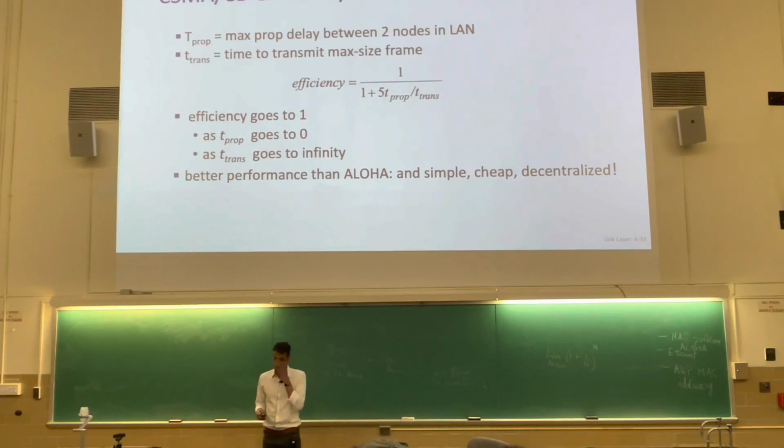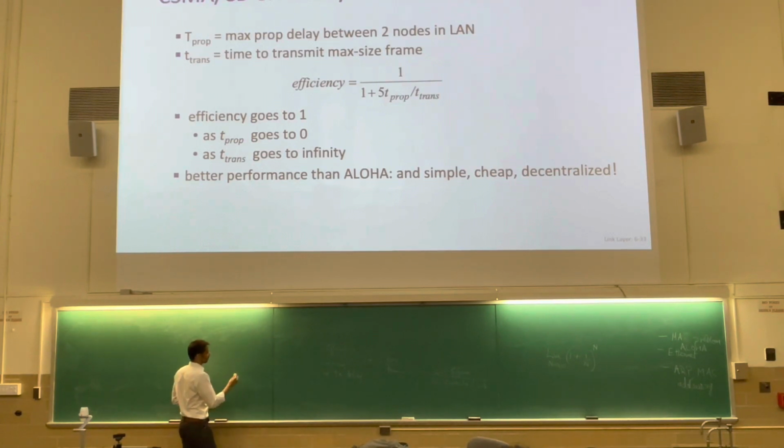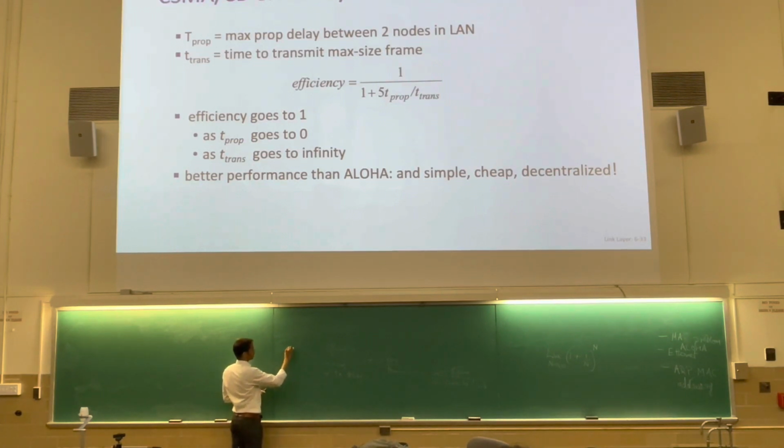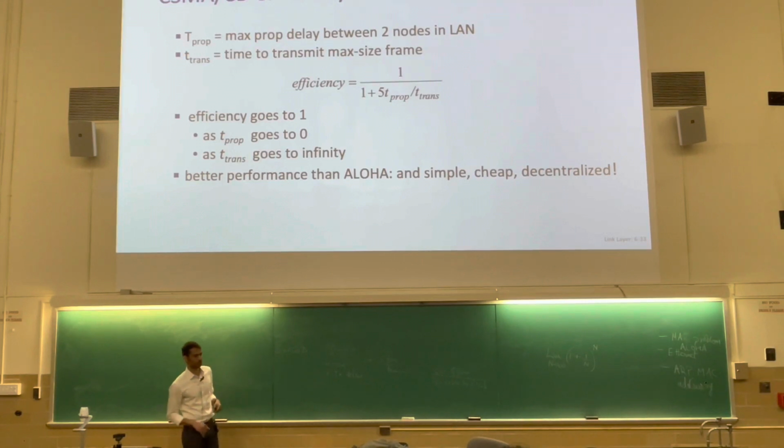All right, so the next question is, Aloha we said was just 18% efficient in the limit case. It could be as bad as 18% if a large number of nodes are involved. What about Ethernet? What can you say about Ethernet? Well, that's the formula. How well does it work in practice? Let's plug in some values. Let's say the frame size is the typical frame size, 1500 bytes, our favorite value because it tends to roughly match network MTUs.